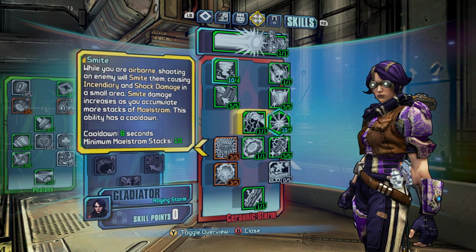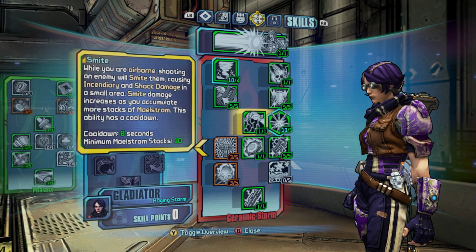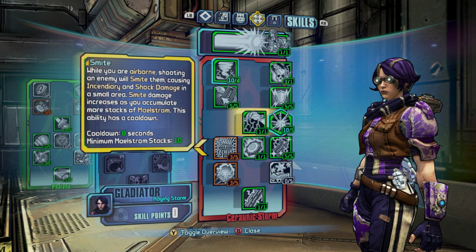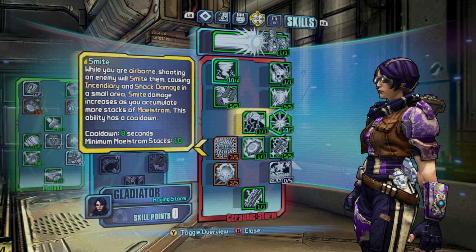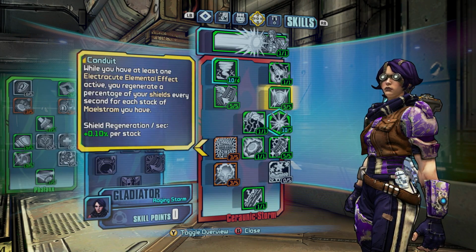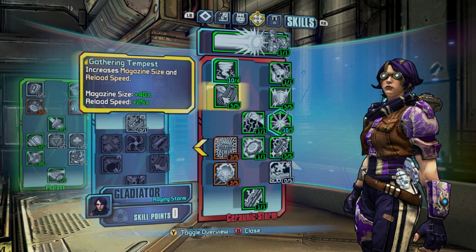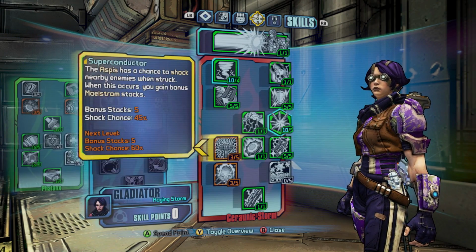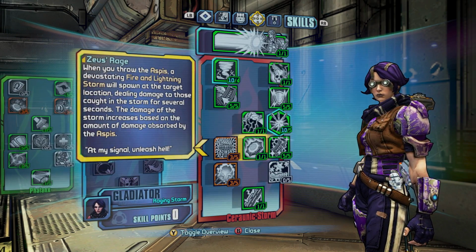This one, again, not super necessary, but while you're airborne, if you're going to shoot some stuff, then you might as well hit them with this. It's going to give you some more stacks. It's going to keep the Maelstrom stacks up. Again, you could easily substitute the 5 points here, or a few points from this, and even the point from that, and build these up even higher if you want. Now, having said that,